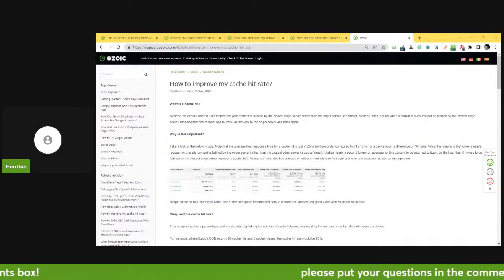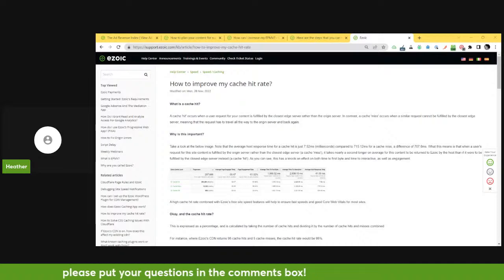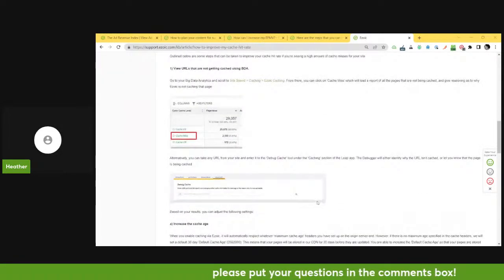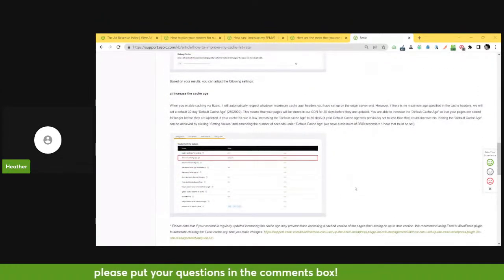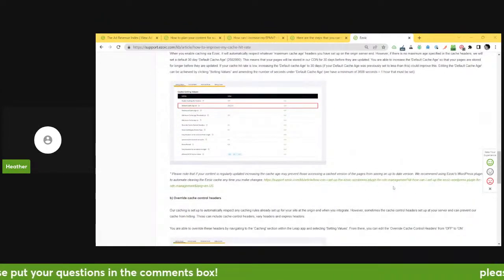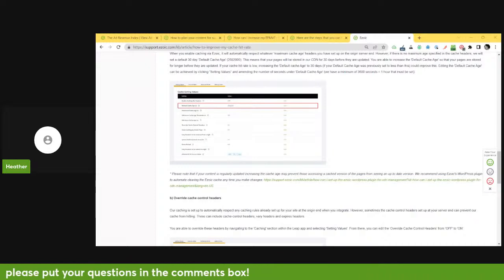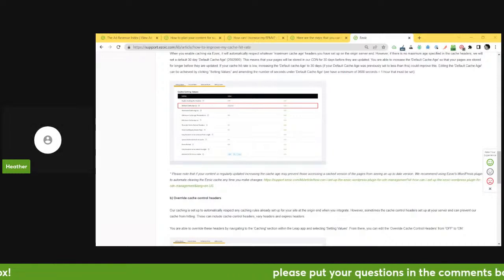That's a step-by-step guide to take you through how to set up your cache hit rate to get a better score. Also, as part of that, I'd recommend setting up the CDN manager, so this article also takes you through how to do this as well. When you've got the CDN manager set up, that automatically clears your content every time you update it, and then you can save your clearing of your cache, so that helps with your cache hit rate as well.